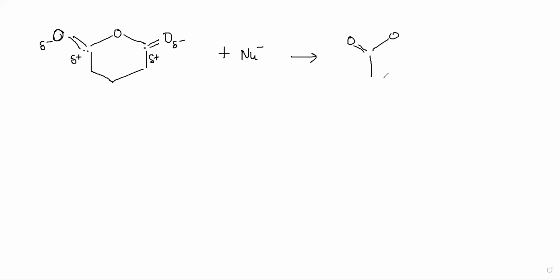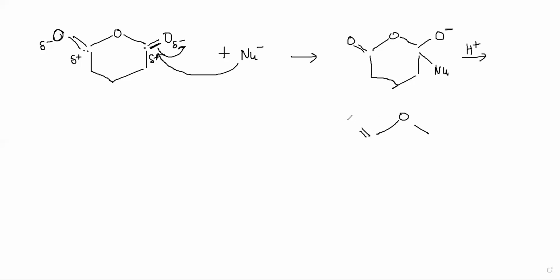Let's say this one is untouched. A nucleophile comes and attaches here, and this becomes O minus. Because when a nucleophile attaches here, this double bond has to break and this becomes O minus. The two electrons from here go onto this. Electrons from the nucleophile have formed a bond, and then later an H plus will be added if there is a solution, and after hydration the final product will become Nu and OH. So this was fairly straightforward because we have encountered these in chapter 6.